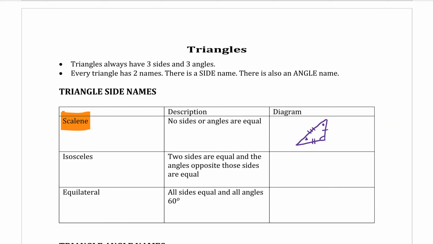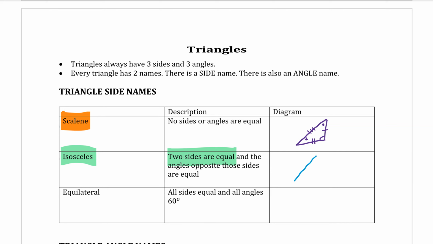Okay, and the next one we have is the isosceles triangle. An isosceles triangle has 2 sides that are equal, and it also has 2 equal angles that are opposite those 2 equal sides. So in a diagram,